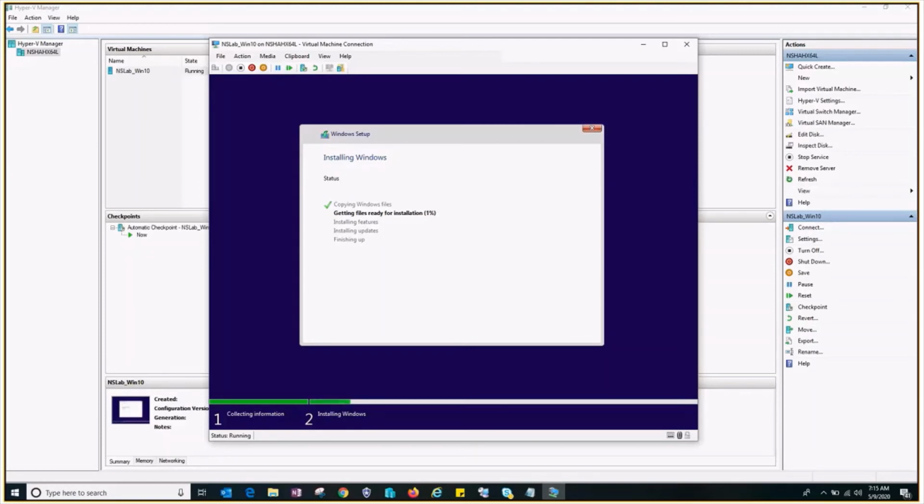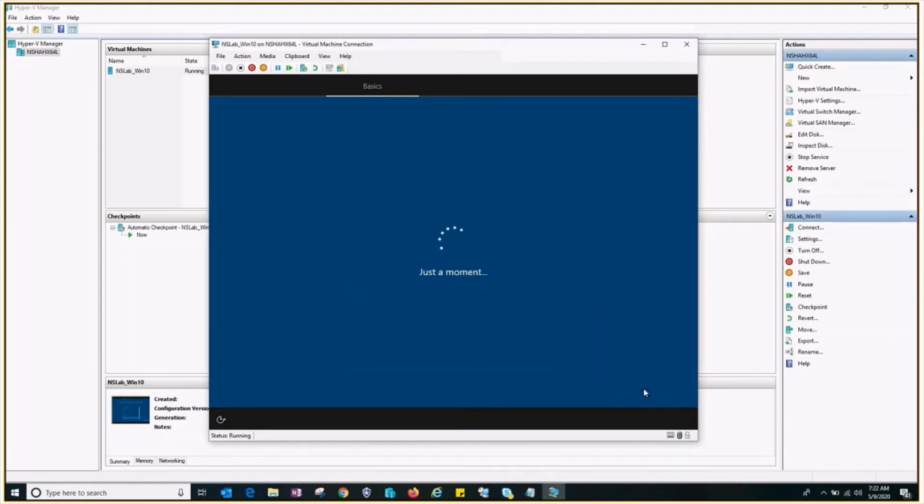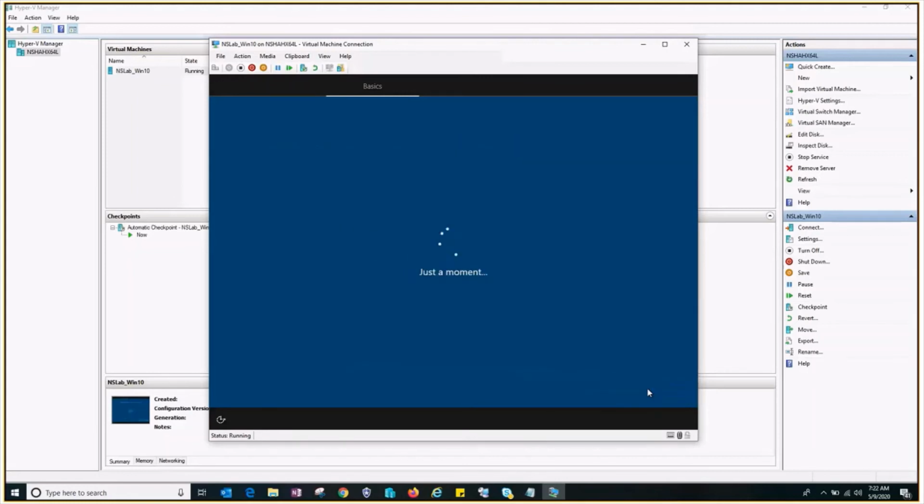Alright guys, the installation took about 7 minutes to be exact, and now we are setting up Windows 10. Let's click on yes, yes, skip, skip for now.